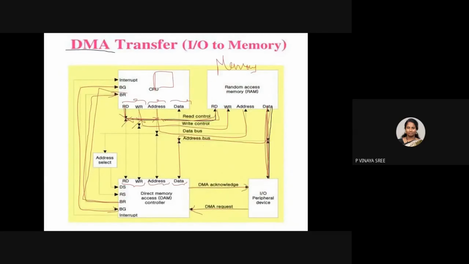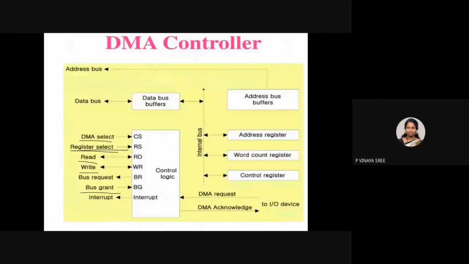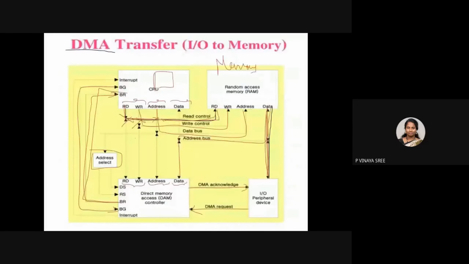In this diagram, the DMA select has to be done, and it has to fill all the necessary registers in the DMA. With the help of this, it fills the DMA select and the register select. Everything is done, and after that it gives a bus grant to the DMA. Next, the transfer takes place. Once every transfer is completed, what is the final step?